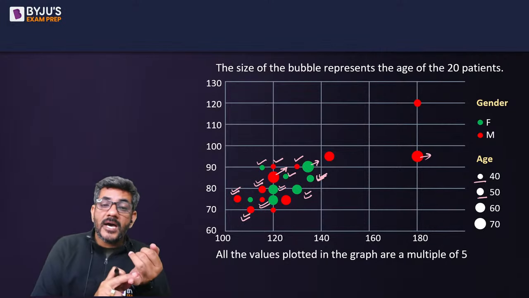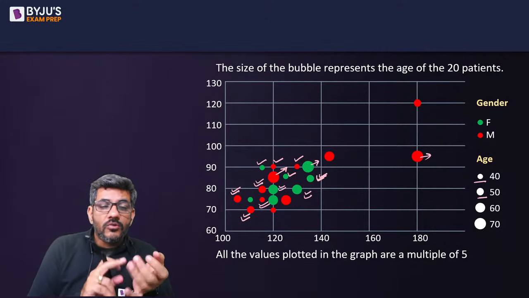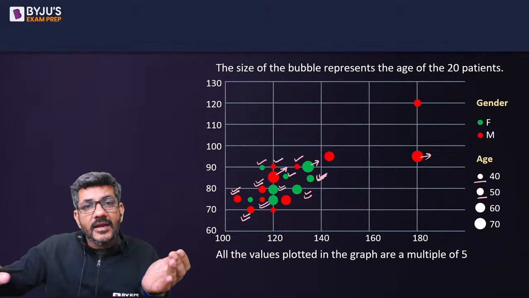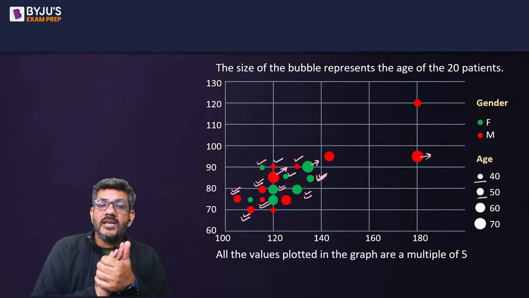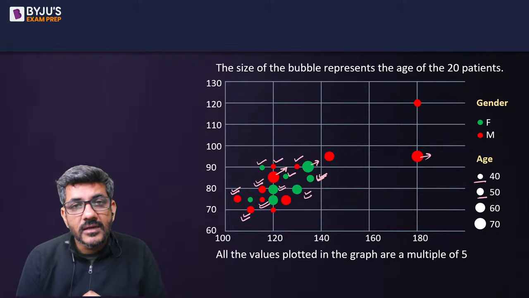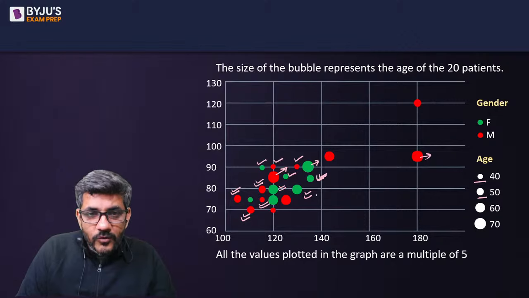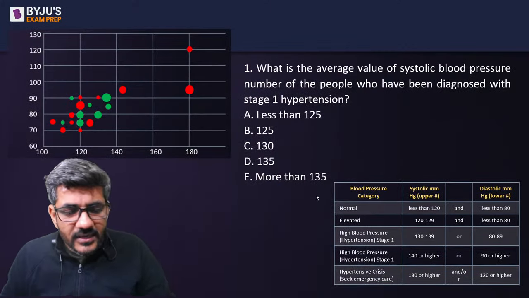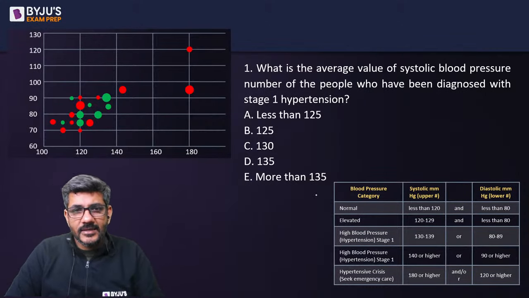तो उसने एज के बारे में बताया, कलर के थ्रू जेंडर के बारे में बता दिया है, और उसके अलावा एक्स एक्सिस जो दैट हॉरिजॉन्टल एक्सिस है वो आपको बता रही है सिस्टोलिक ब्लड प्रेशर के बारे में, और जो आपको वर्टिकल एक्सिस है इट इज टॉकिंग अबाउट दी डायस्टोलिक एज वेल. ठीक है. Let's start looking at the kind of questions that they would be asking. Here is the first question. Please try it first. After that, we all would be doing it together. पहले आप लोग बताइए आपका क्या आंसर आता है.